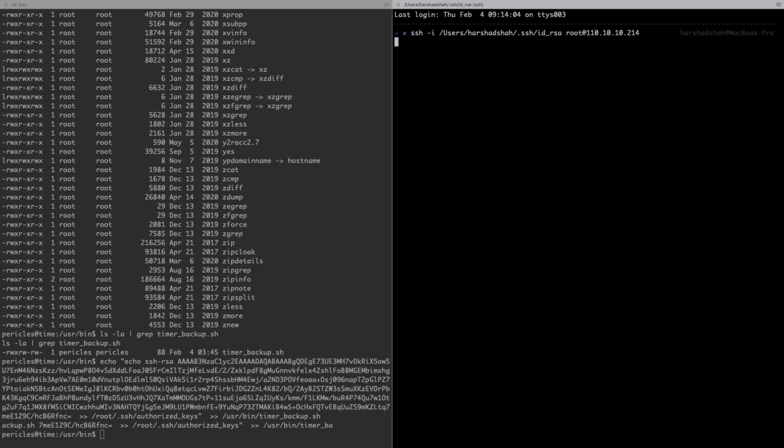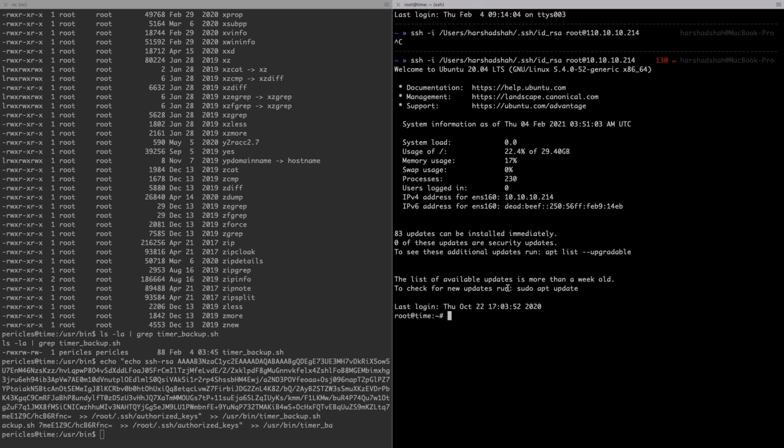If everything is okay, we'll be able to log into the system. I think there is an error. I need to use 10.10 and I used 110 something. So let me correct it and try to log in using our private key. And fantastic, we are now logged in. Now you can simply go to cat /root/root.txt. We got the root flag.